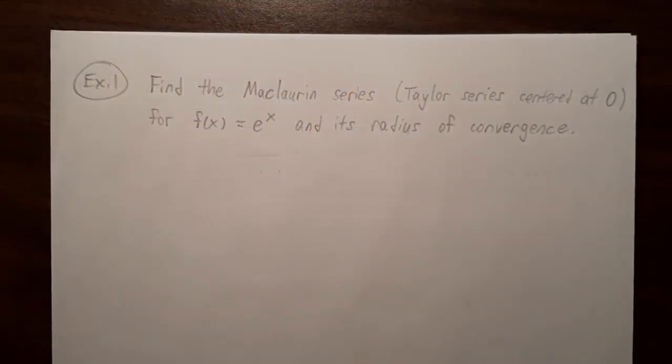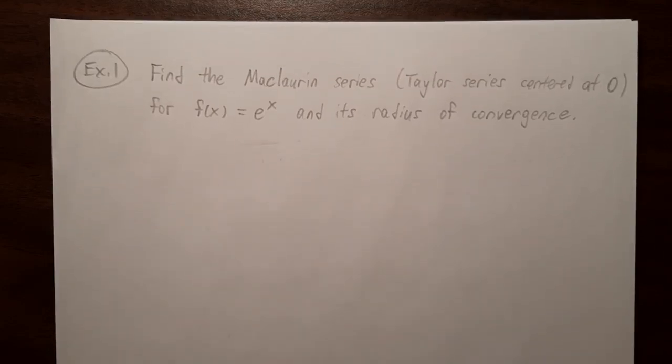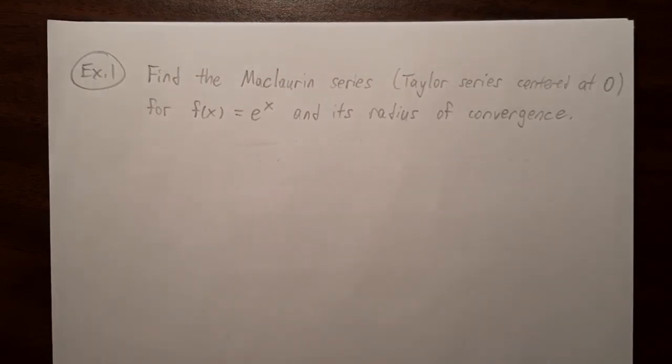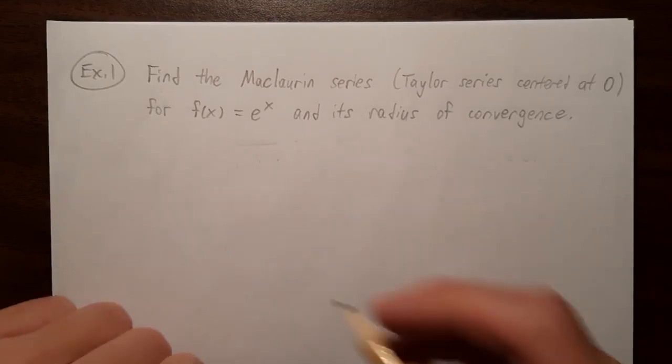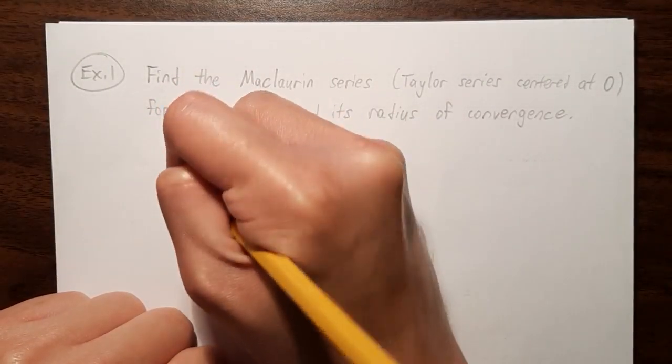All right, so let's finally answer the question that I'm sure is burning in all of your minds, which is, what is the power series expansion of e to the x, or in other words, the Maclaurin series expansion, or in other words, the Taylor series expansion of e to the x, centered at x equals 0. All right, so let's actually find that now. Okay, so according to what we just found, the Taylor series general formula,